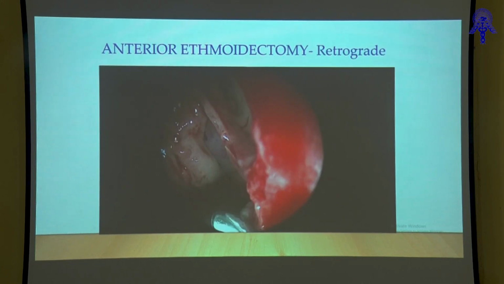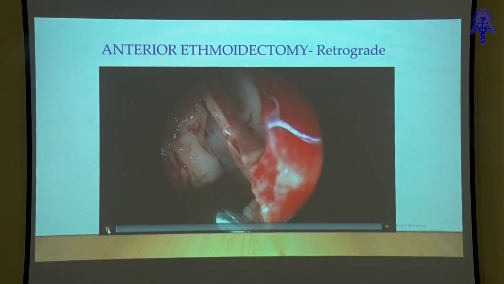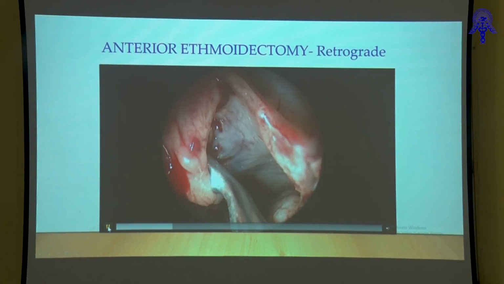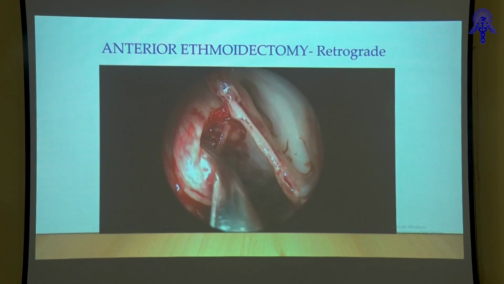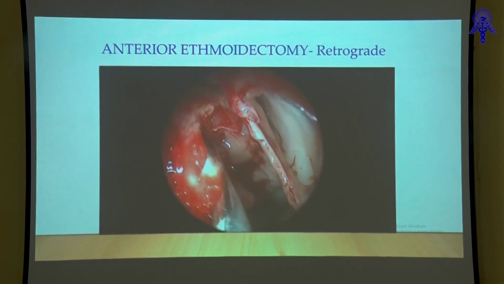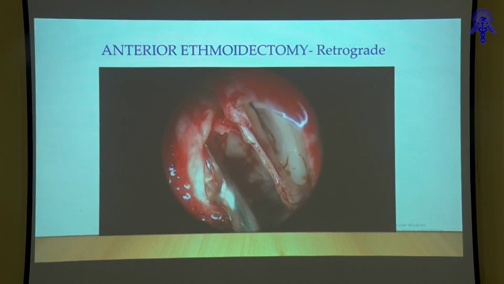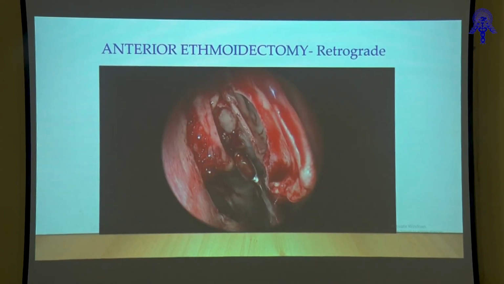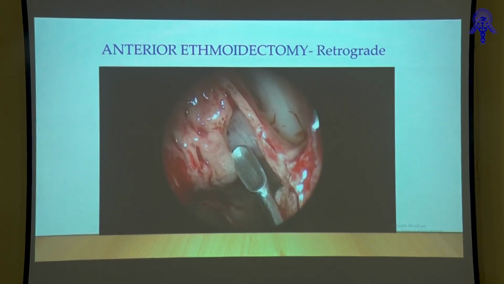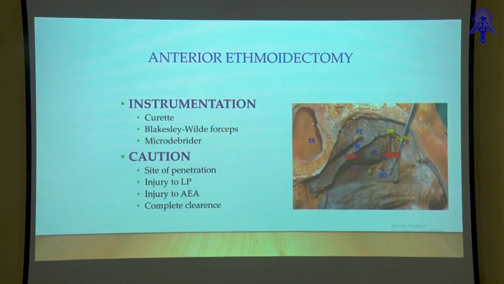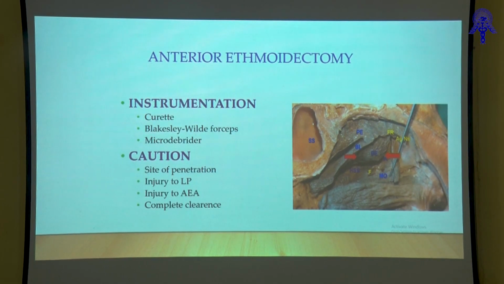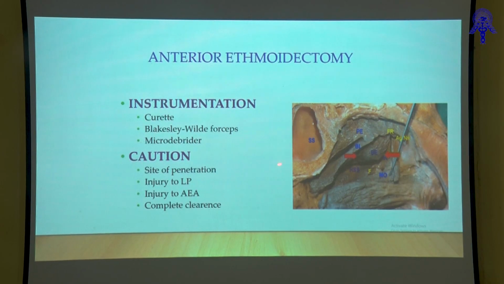You can go and remove the bulla in a retrograde way. We are going behind the bulla because there is a retrobullar space here, and removing the bulla, that's a very safe way to do, because you are not going to go beyond the anterior ethmoid. So just go behind the bulla and remove it with a curette or whatever instrument. So this is a very safer way to do the bulla or anterior ethmoidectomy. Again, the cautions are almost similar to what we said. Injury to the lamina papyracea, injury to the anterior ethmoidal artery, which is lying here, and